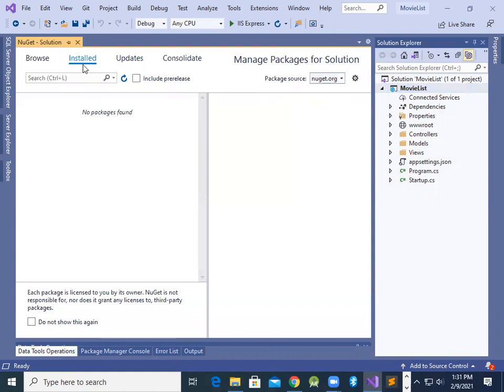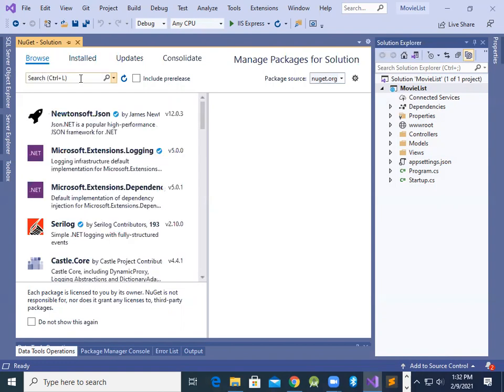Then the window showed up. Okay, the default is installed. I really do not have any packages pre-installed at all. So I'm going to click Browse. Make sure you click Browse in the search box, then you can type in entity